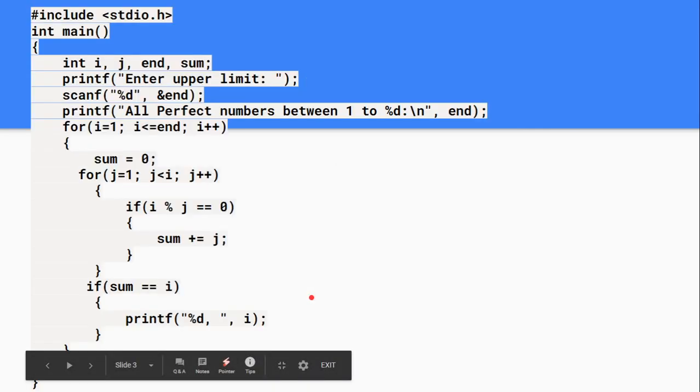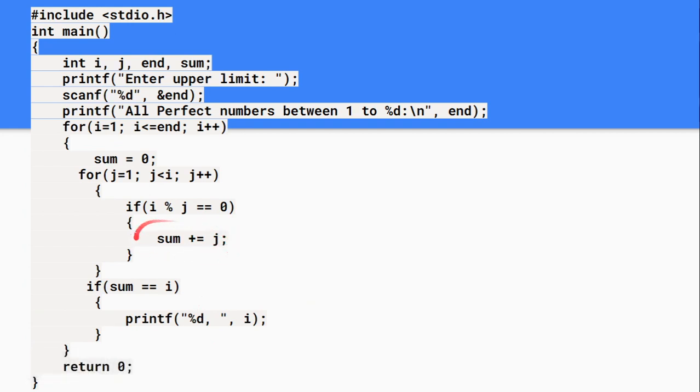That is done by this: sum is equal to sum plus j. Initially sum is 0, and whatever number you get as a perfect divisor will be added as sum plus j. So this if condition will repeat again and again until this for loop is over. This for loop checks all the possible values of j which will be a perfect divisor. In this example, given the value n is equal to 6, it will find 1, 2 and 3.